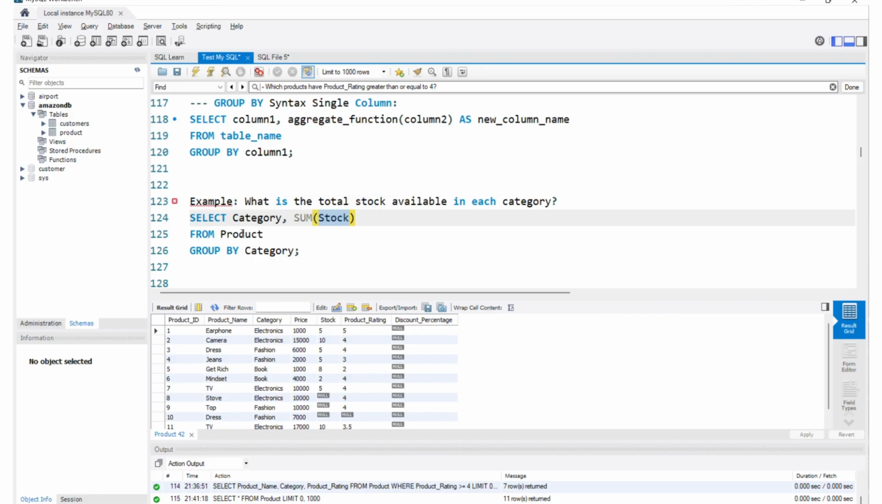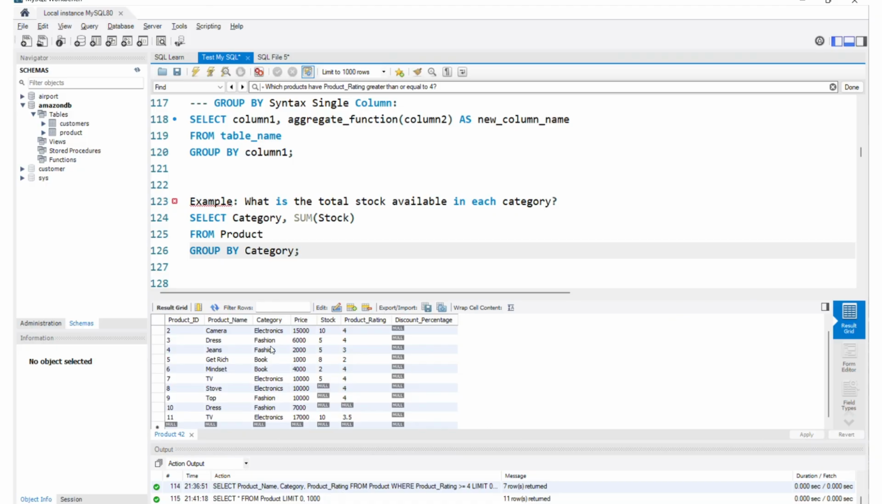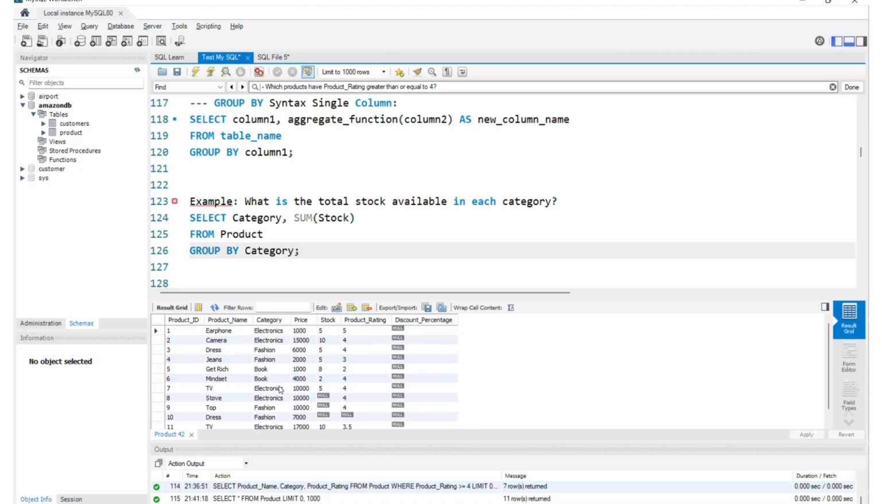And then from the table name, product, and we are going to group it by category. So all the categories we have: 1, 2, 3, we have a total of 3 categories. So based on these 3 categories, it is going to group by the categories. Okay, so now when I run it,